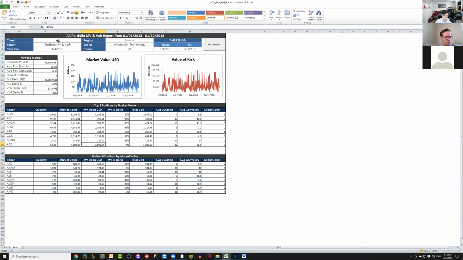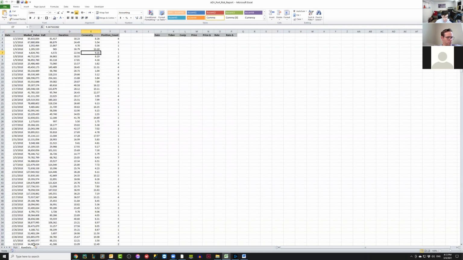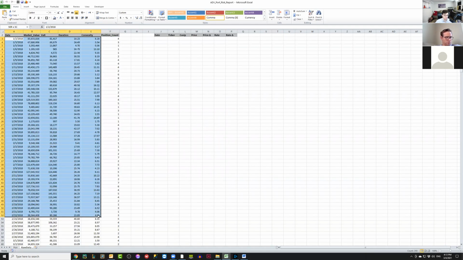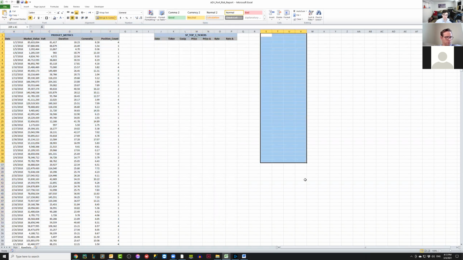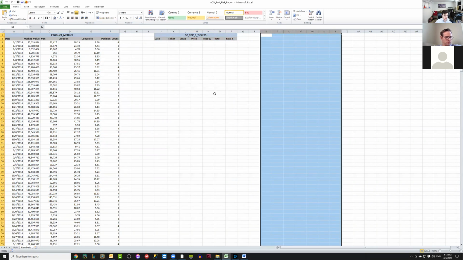So from a user perspective, all they see is this tab that says main. Really, there's a bunch of other stuff going on here. So I'm going to unhide. Here we have a raw data tab. Let's open that. And you can see here's the data that's actually driving the reports. And there will be more sets of data coming. When I automate the bottom thing, there'll be another 2 tables worth of data coming here. And you can make it much more. I've done stuff that has 20 different data sets.